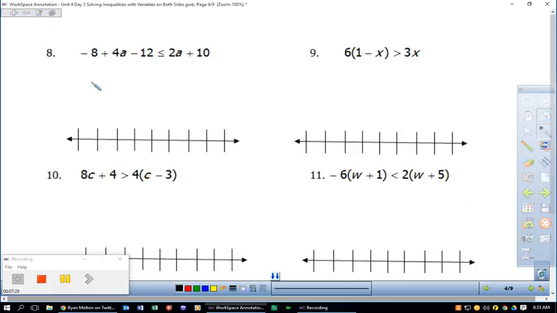Alright, number 8. We've got one thing that's different, and that's that we actually have to combine some like terms first. So we've got the negative 12. So that's going to be 4a minus 20, or equal to,